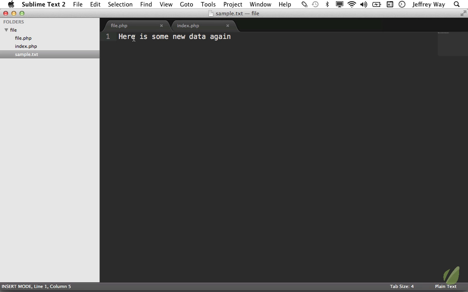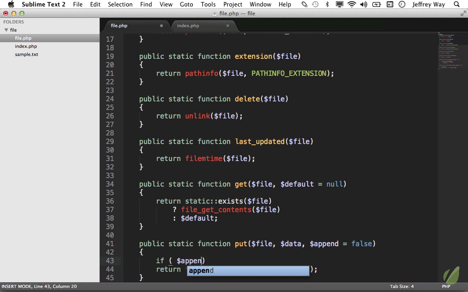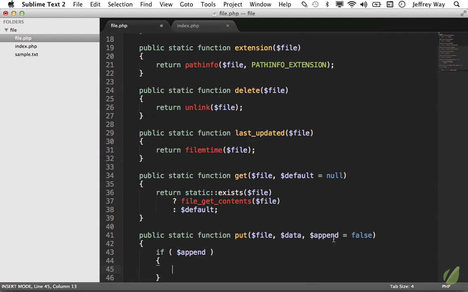But we can change this. If I go back to file.php, let's add a third parameter called append. And if this value is set to true, we're instead going to append to the file rather than override it entirely. Then we can do a quick test, and we'll say if append is set to true, then we're going